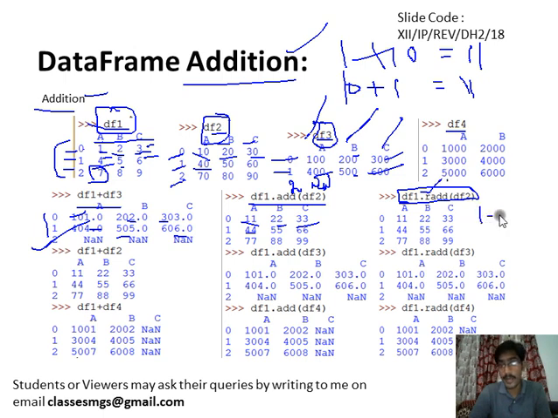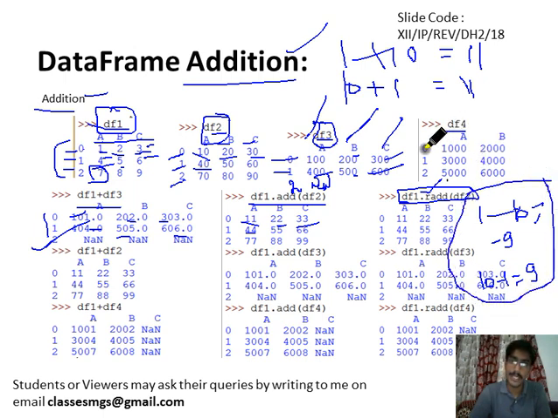because 1 minus 10 will be minus 9, and 10 minus 1 will be 9. So this is different. For subtraction it is different, but for addition it will be the same, because adding from the left side or right side works similarly. So keep this in mind. For subtraction, our subtraction method will return different output depending on this order. If we are doing df1 dot radd, then df1 values will be added with the df2 values. If you write df2 dot add df1, then df2's values will be added with df1. So keep that in mind.